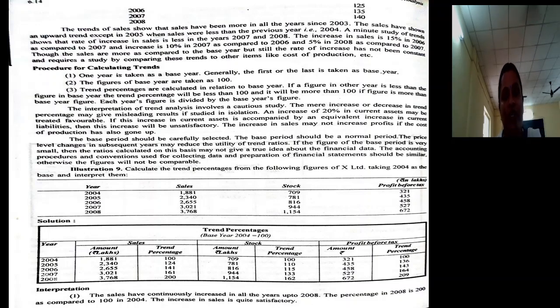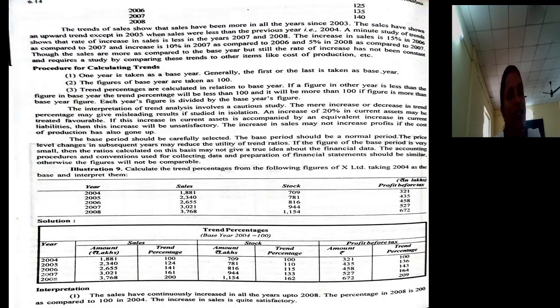Then one more thing to be considered is that if the figure of the base period is very small, then the ratios calculated on this basis may not give a true idea about the financial data. In the sense, if the base year's financial aspects are all very small in terms of absolute figures, then the trend percentages we calculate will not give true financial data. And one more important care to be taken while calculating trend percentages is you need to see